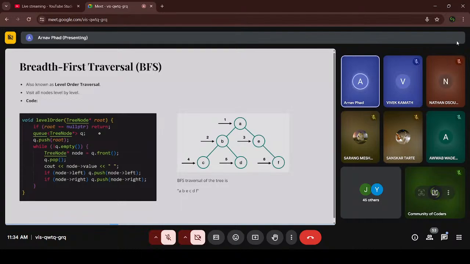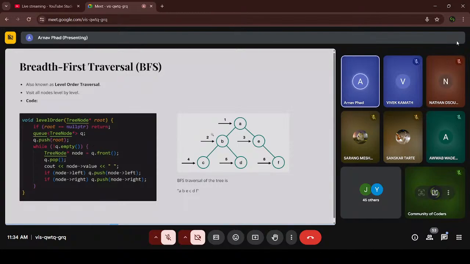Here we are using a queue data structure. I think queue is covered already, so I will not go into detail on what push or pop does, but you already know this. So here for level order traversal, we again have our base case, which is the same. If root is null, then return, don't do anything. Main difference here is we are creating this queue of tree nodes where we push our current nodes. Now we first push our root node, and then